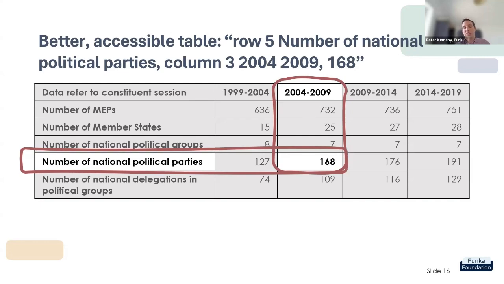The way it works actually, if then you press the right arrow, so you move to the right, depending on the settings of a screen reader, it might not read out the row context. So it might not read out the number of national political parties, only that it's 2009-2014. So it is still a very easy way to navigate, and it's not overloading with information the screen reader